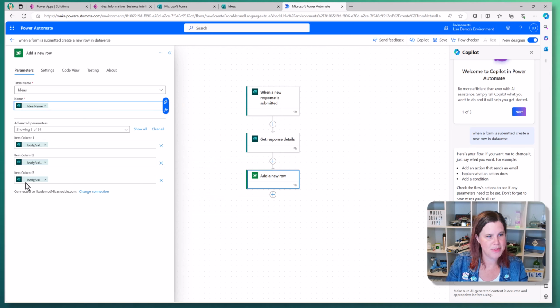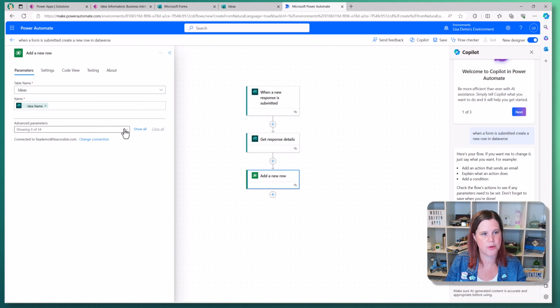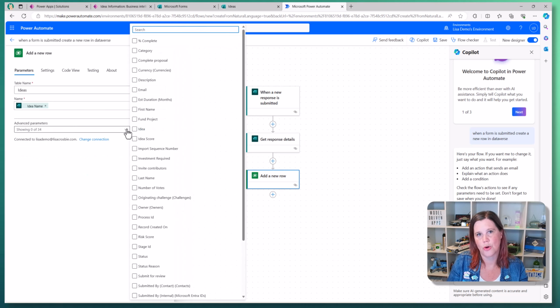Now it's popped in some other things here. I don't actually really know what these are. It's tried to be helpful, but let's just clear those away and do the right thing that we want to do. I'm also going to bring in the first name, last name, and email address of the person who is